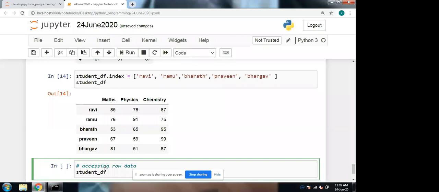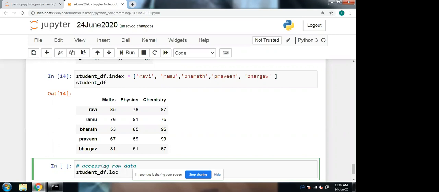We have a function to access row data based on the index position, that is LOC. LOC is the function. LOC is nothing but location. LOC of, we will give here the student name. So LOC with square brackets.